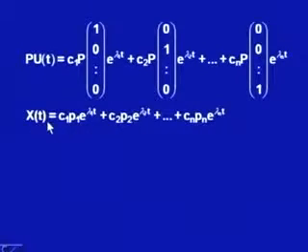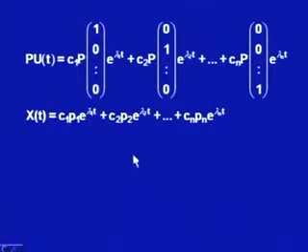So, we write down x t as C1 P1 e^(lambda 1 t) plus C2 P2 e^(lambda 2 t) and so on. So, what I am writing is that the solution vector x t is this linear combination in which P1 is the eigenvector corresponding to eigenvalue lambda 1 of the matrix D, which is the diagonal matrix similar to the given matrix A. So, the solution can be easily obtained from the matrix D. So, basically what we are doing is we are diagonalizing the matrix A and then we are finding the solution in this particular manner.